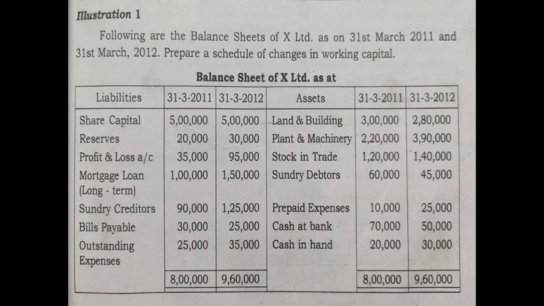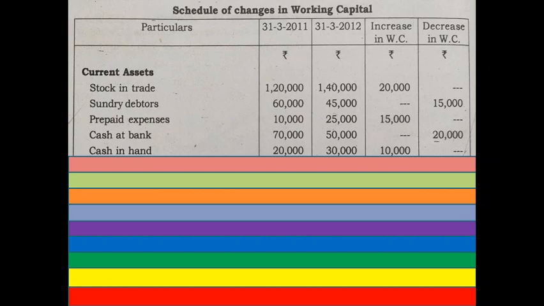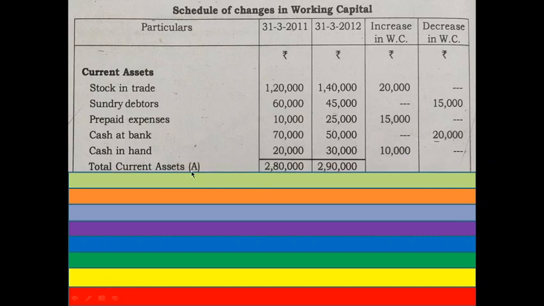So once you have dealt with current assets, you need to show the total of current assets like this, and you need to put a capital A sign within brackets. This is for your convenience. The first column has to be total, and this total amount has to be written, and the second column also has to be total, and the amount has to be noted. No such total has to be done for increase in working capital and decrease in working capital amounts relating to current assets. We will do the totals at the end of this schedule. So you need to find the totals of the current assets of the 2 years only, not in the case of increase or decrease in working capital.